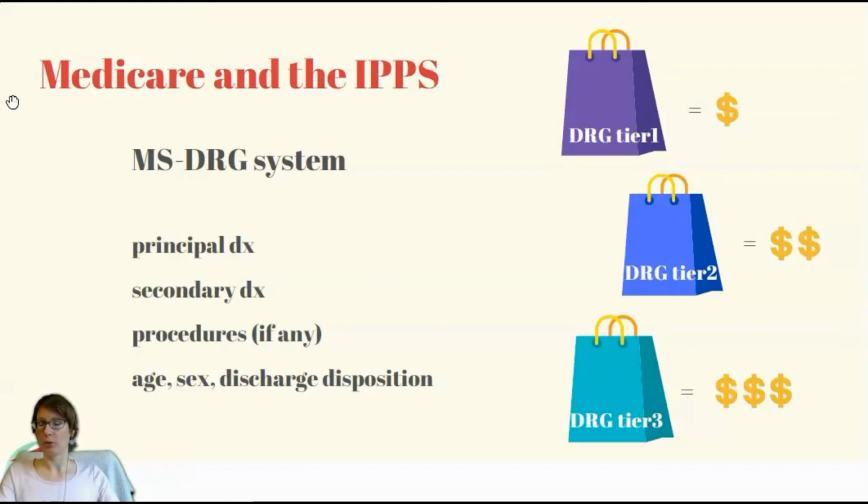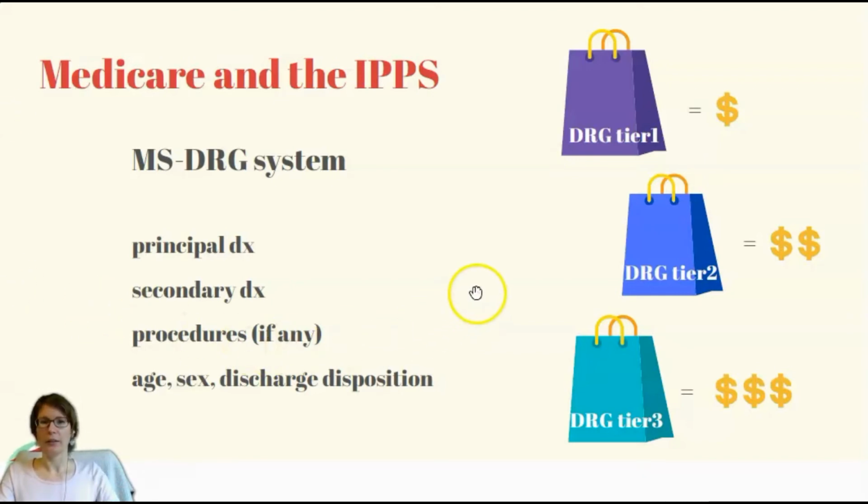If the hospital spends more on a beneficiary than the Medicare allowance, there is no further reimbursement from the government and they cannot charge the patient either, so they will most probably lose on the case. On the other hand, if the hospital is able to treat the patient for less than the Medicare payment, they can keep the difference and make a profit. You can see that this system is incentivizing hospitals much more than the cost-based reimbursement in the past.